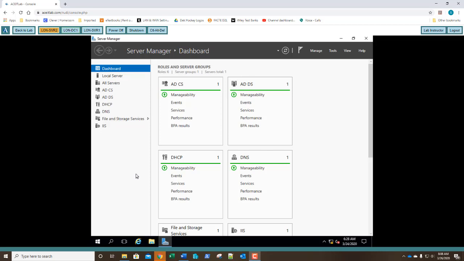Welcome back, class. Today we're going to take care of Lab 4, which is installing and configuring DHCP. We're moving right along through our labs. In this lab, we're going to be covering a few different exercises: creating DHCP version 4 scopes, DHCP version 6 scopes, configuring a Superscope, configuring Multicast scopes, creating DHCP reservations, and then finally wrapping it up with creating a